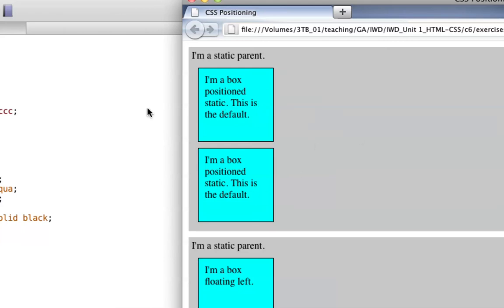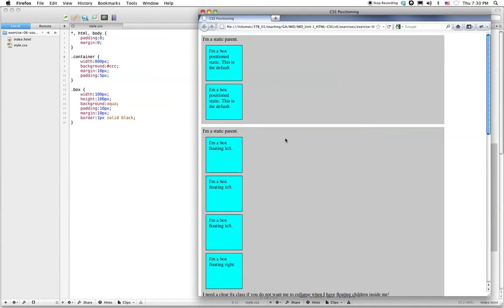Now let's look at another example where, for example, let's say we wanted to position a box to go to the left, or we wanted to position a box to go all the way to the right. So in other words, if I'm building a website layout and I want to have some type of column structure, or I want to position elements side by side